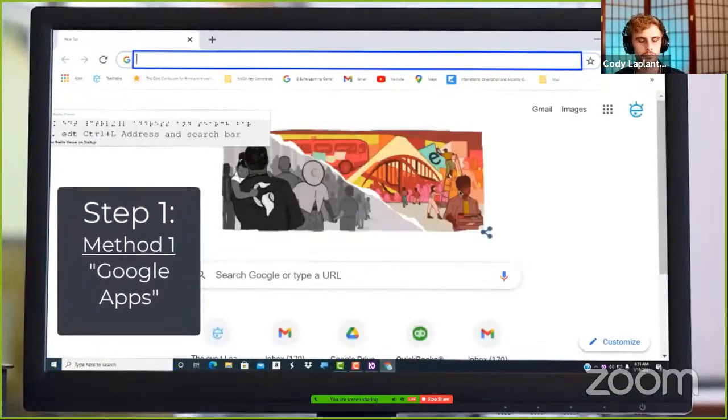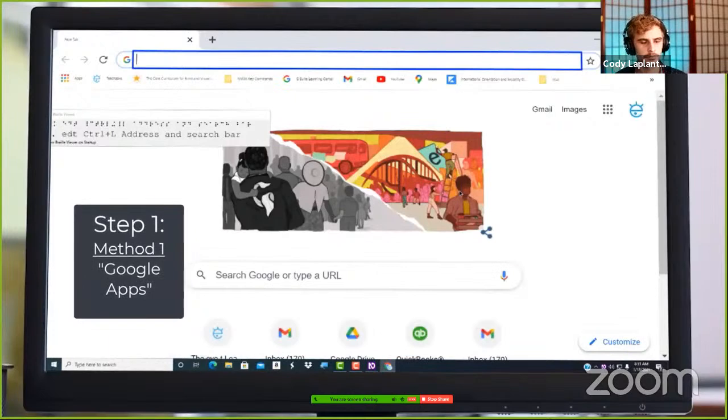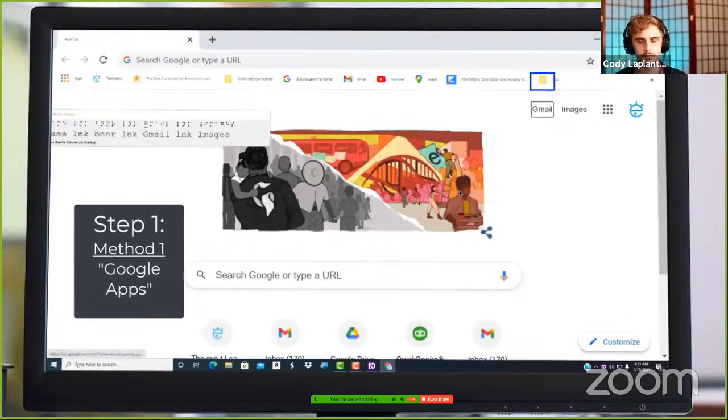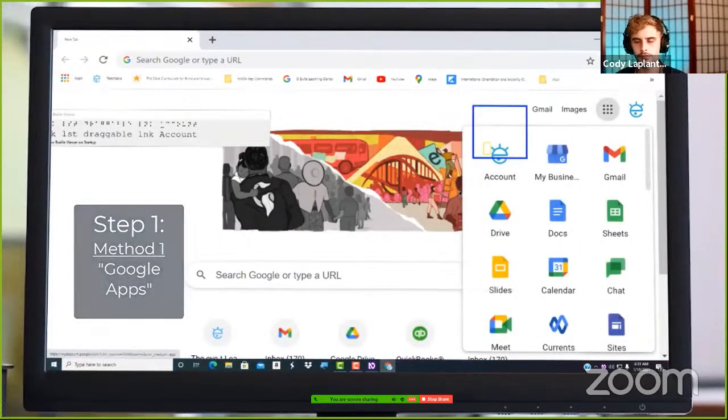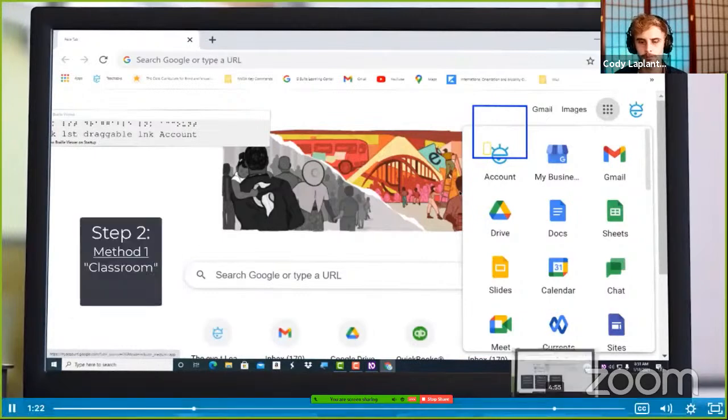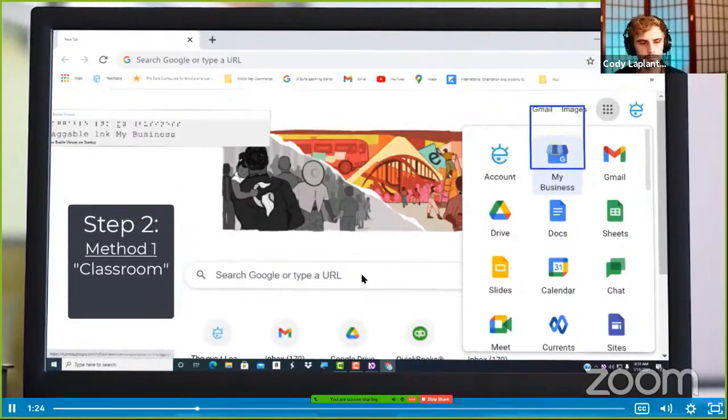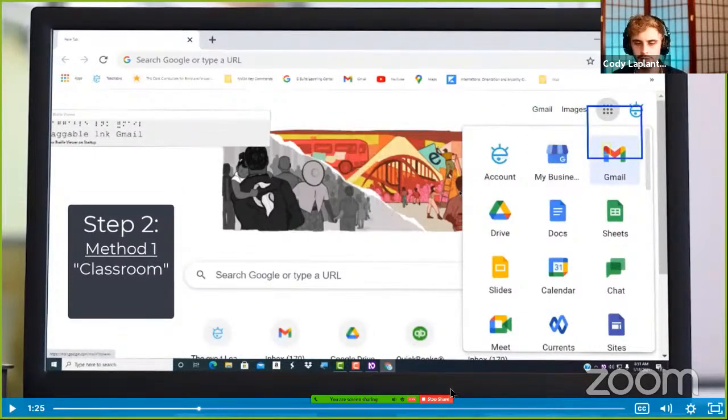I'll use method 1 to get to the Google Apps button. New tab. Frame banner landmark link Gmail link images link. Clickable Google Apps button collapsed. Clickable list with 13 items account draggable link. Now I'll use method 1 to find the classroom link. My business drag Gmail. All right, so we're going to stop her right there just because this video is a